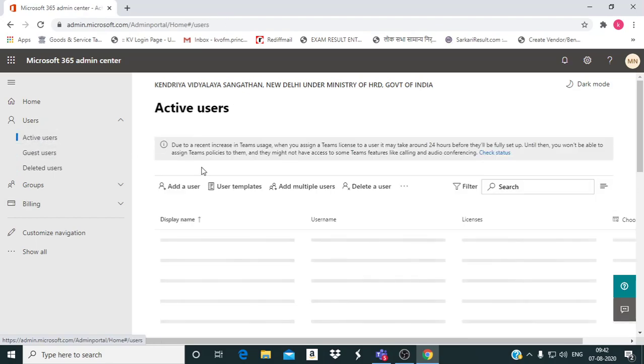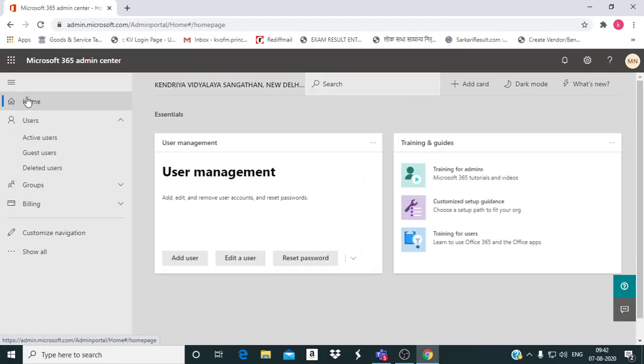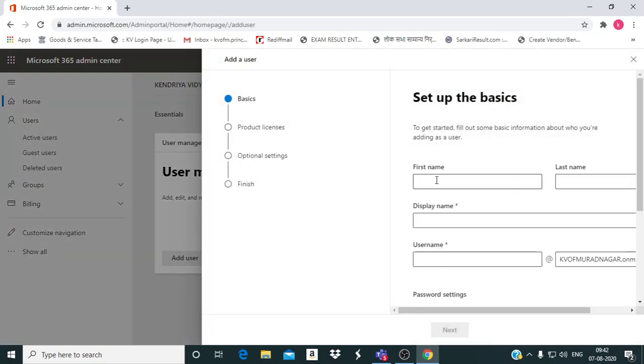Suppose we are talking about active users, and we want to add a new user. Just click on home screen. From the home screen you can add user, edit user, reset password. If I click on add user, here I will fill the first name, last name, display name, and username I will provide as first name, last name, then class, section, and admission number.